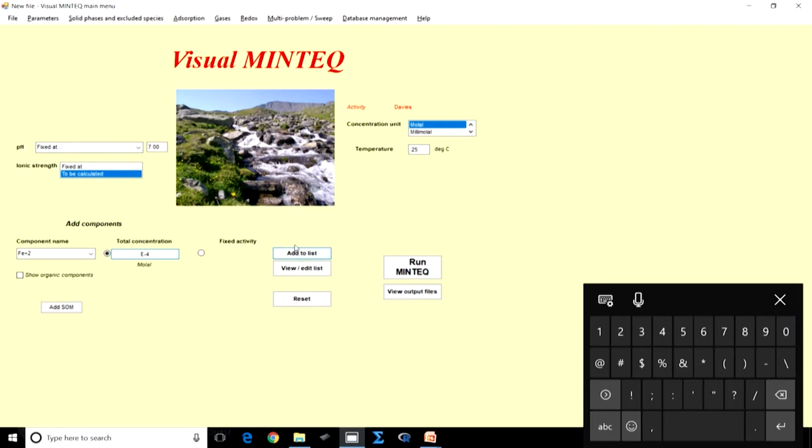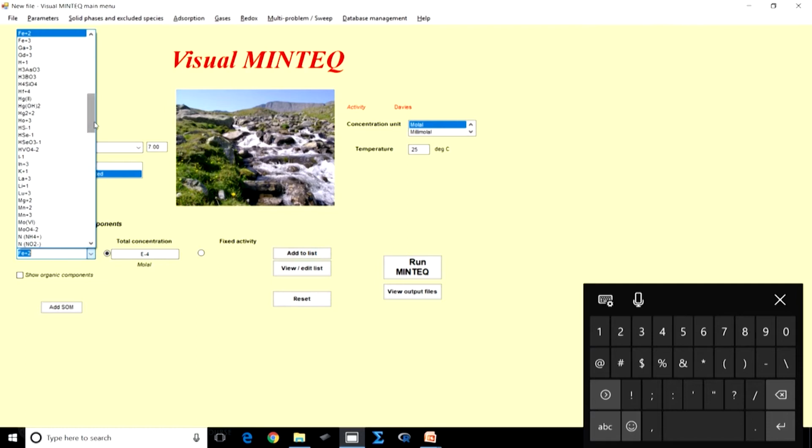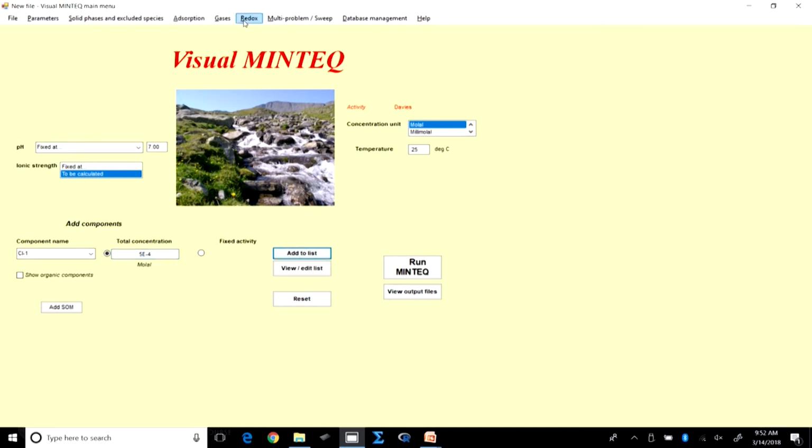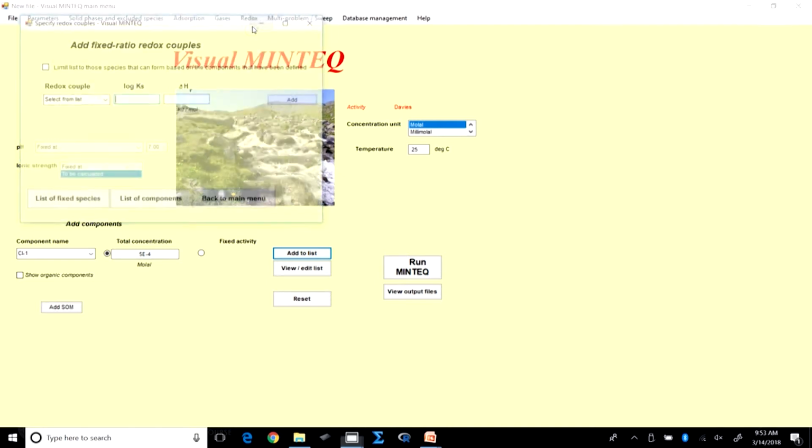add to the list, and let's say instead of Cl- and OCl-, I'm going to just specify that as Cl- and let the system do its own work. I think we were looking at the example of 5 into E minus 4, right? Okay, add to the list, and obviously now I need to be able to specify the redox couples, and now